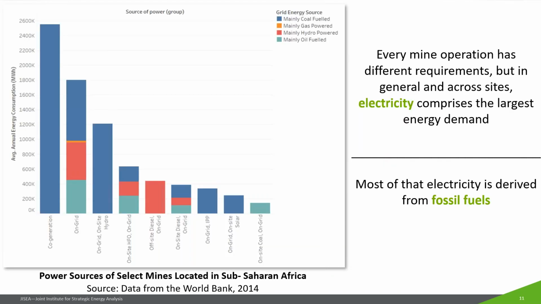But just to reiterate what I said previously, with all the differences in mine operations, electricity is the largest energy demand. This chart on the left gives you a look at sub-Saharan African mines, as a cross section of the industry. You'll notice that with many of the loads, fossil fuels comprise the bulk of what they are relying on to supply these loads. So renewable energy is ready-made to step in to supply some of these loads, but there will be some challenges to do so for loads that maybe aren't electric, or also supplying mines with more energy than, or